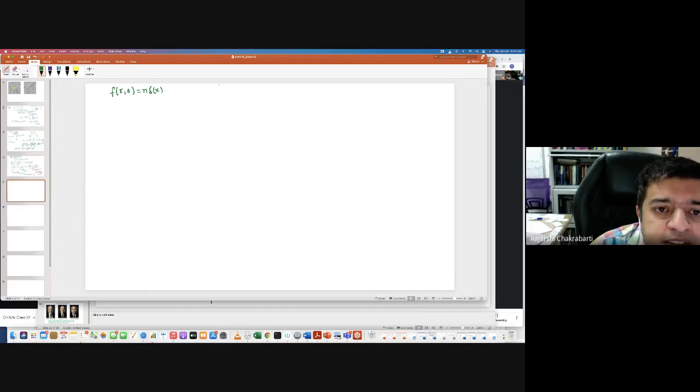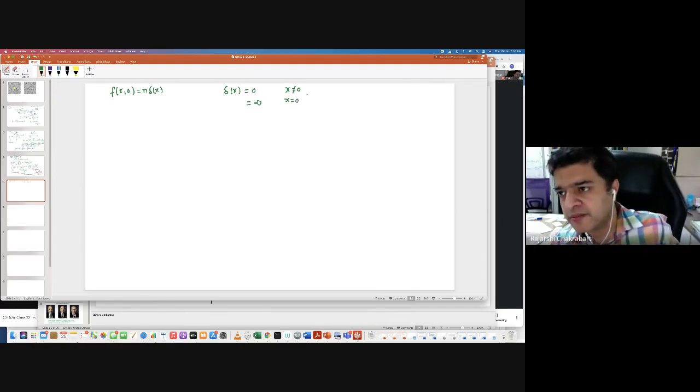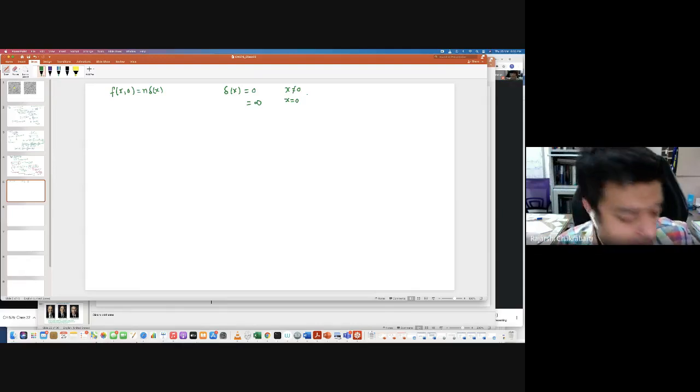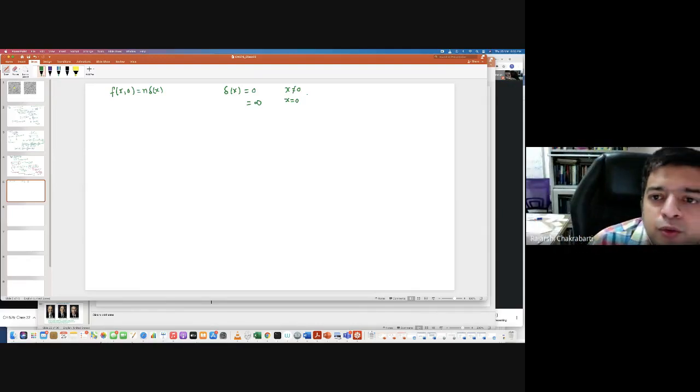Anyway, the delta function property: you know that delta of x is 0 when x is not equal to 0, but it goes to infinity when x is 0, isn't it? I told you that the delta function has meaning when it is inside an integral. That is when it is very useful. We had used this kind of property of the delta function, that f of x0